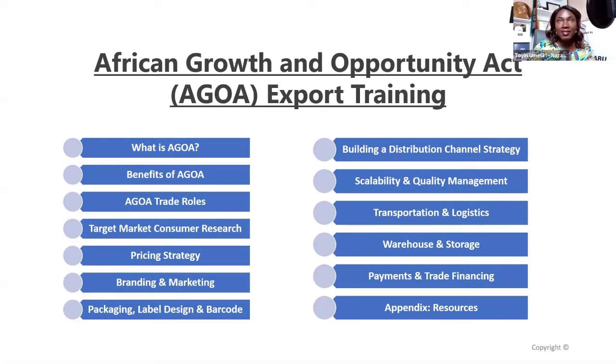We always say that in international trade, there are roles that have to be played by different stakeholders. What are those roles? What role are you playing and what roles are other people playing? And how do you learn how to engage with those people? When you're entering a market, we also want to talk about understanding the consumer market. What do they expect from you?